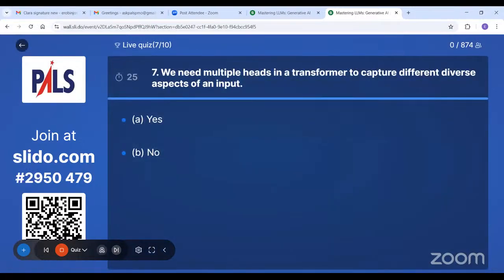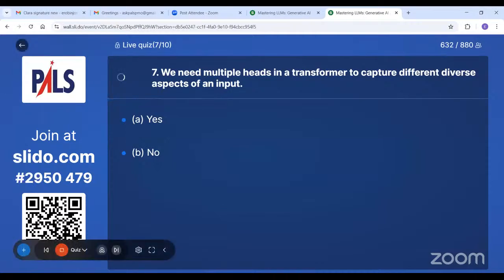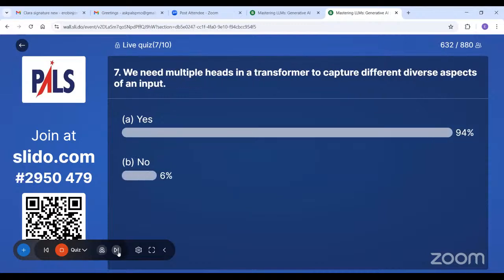Seventh question. We need multiple heads in a transformer to capture different diverse aspects of an input. You have either option, yes or no. Okay, 94%. Yes, that is the right answer.